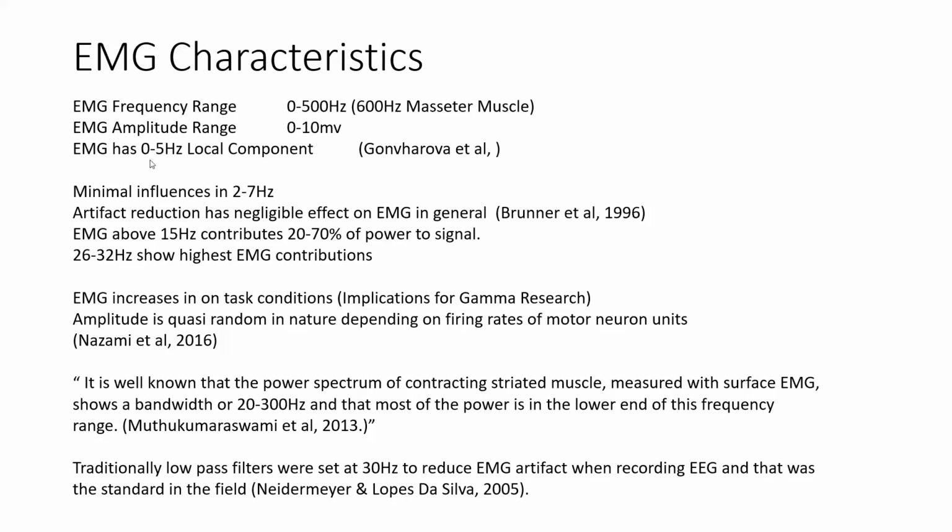EMG does have a 0 to 5 hertz local component. So you may have heard Martin say, well, there is some EMG down in delta. And I'll say, well, no, it's not to speak of. In truth, you're going to have harmonics all the way up and all the way down any scale you measure if you create an event. So from that perspective, it's true. From another perspective, motor neurons start firing in the 0 to 5 hertz range, but it's so minuscule in amplitude that it's negligible, and I'm going to show you that. So it's really something that we don't want to focus on.